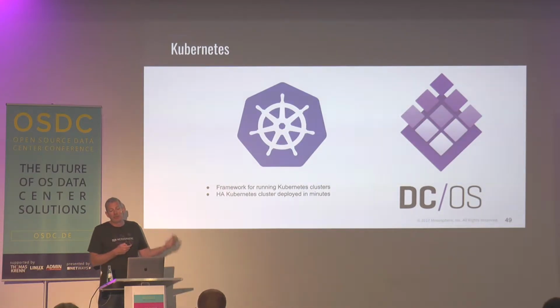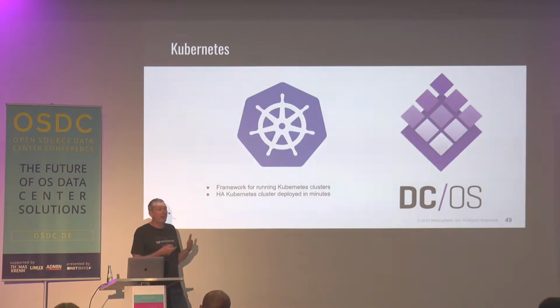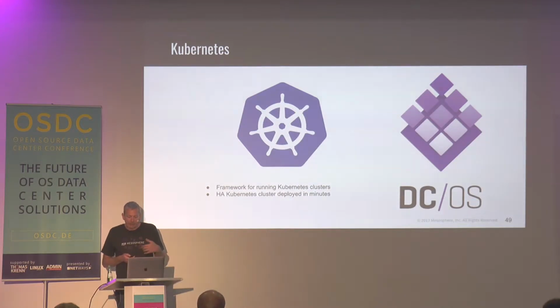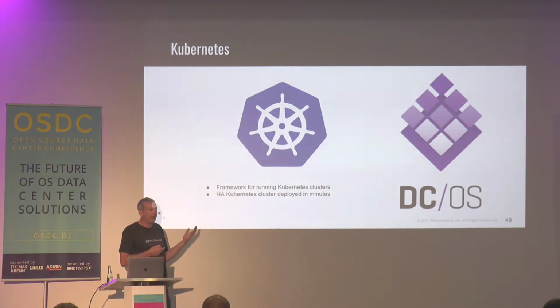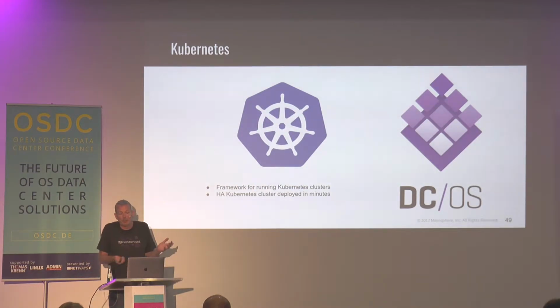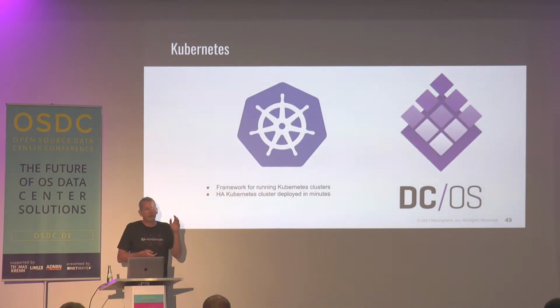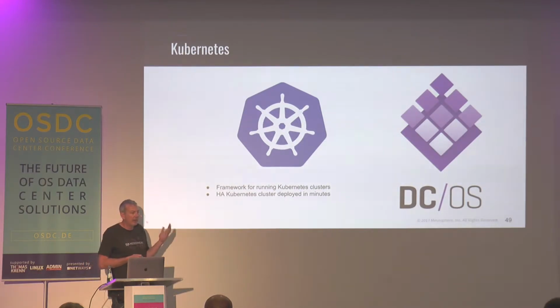Even if we're using config management or whatever to deploy them, that's still a whole ton of code that you've got to manage and update. So with the Kubernetes framework in DCOS, it's a single CLI command to install a highly available Kubernetes cluster. As I said before, we do demos where we go in and actually kill individual kubelets, kill etcd peers, and the framework knows that it needs to have those running, so it's going to restart them.